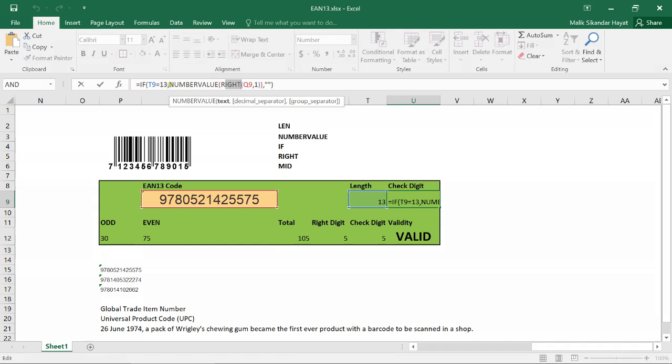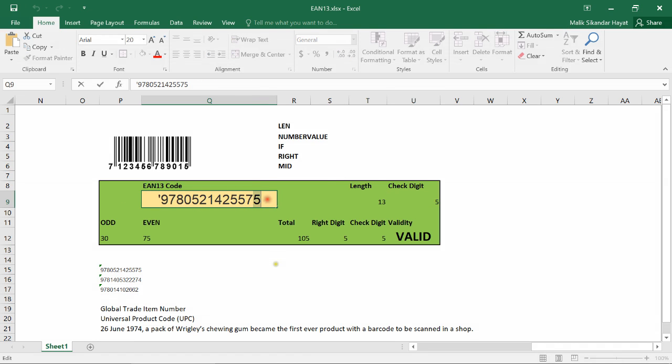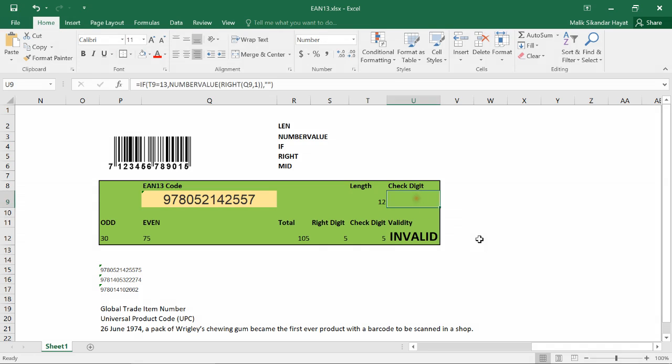And the check digit is taken from here with this RIGHT function. Then with the RIGHT there is a VALUE to convert the text to a number, and then I made this condition: if T19 is equal to 13. What I said, maybe you are not typing here this number, right? See, then this should not show anything here. So that is the IF condition, right? And the check digit, here it is 5, so now I will type here 5, it is showing 5, right?